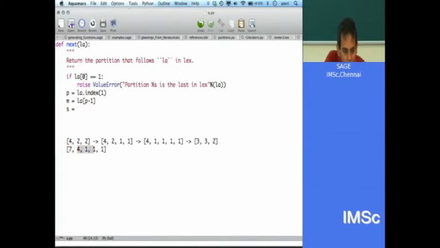And then I would take the sum of all this stuff and construct the first partition in reverse lexicographic order, which starts with 3. But it would be a partition of what? It would be the partition of the sum of all this stuff. So it would be s equals sum of a slice of la, from position p minus 1 up to the very end, right. The indices are 0 1 2, but I would like to take the slice from 1.